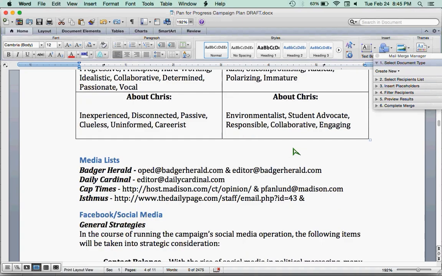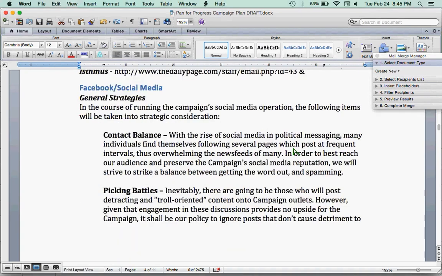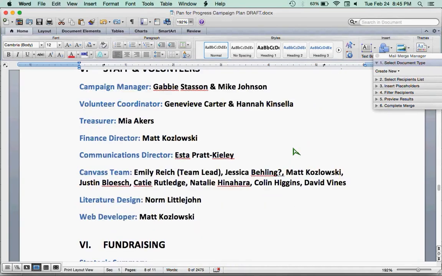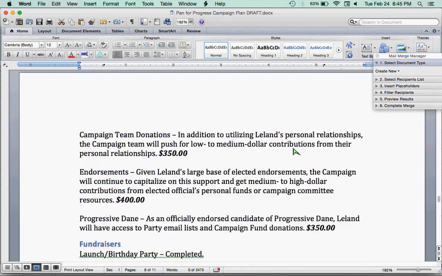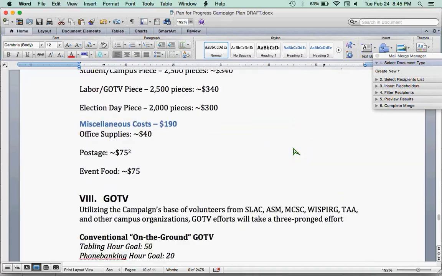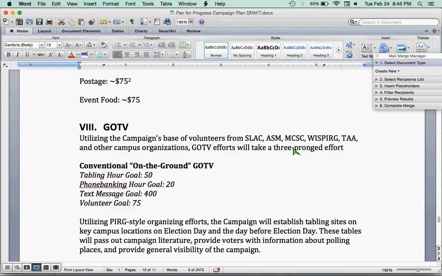Let's see. Other interesting stuff is like budget and all sorts of stuff. I don't really want to get too much into that right now, just because we don't have enough time to really talk about a campaign budget and stuff. Hillary can feel free to invite me back. I can do an hour on budgeting for campaigns because I've done it way too many times. But